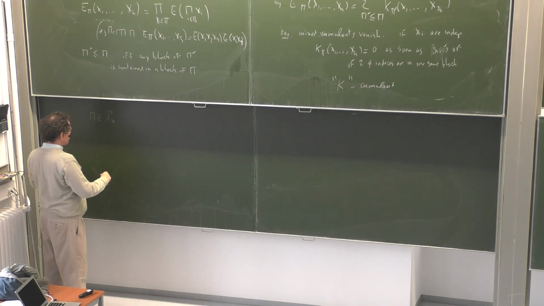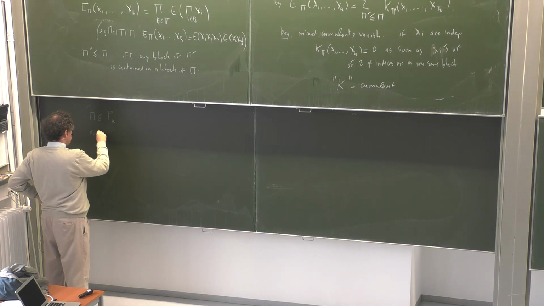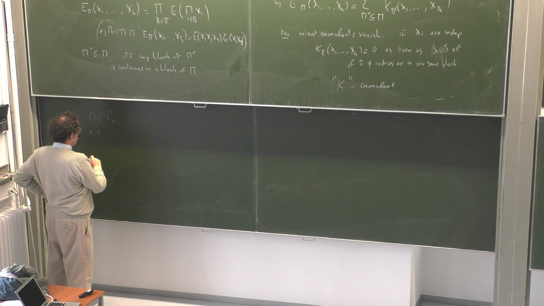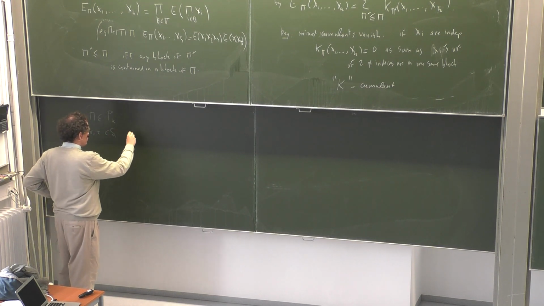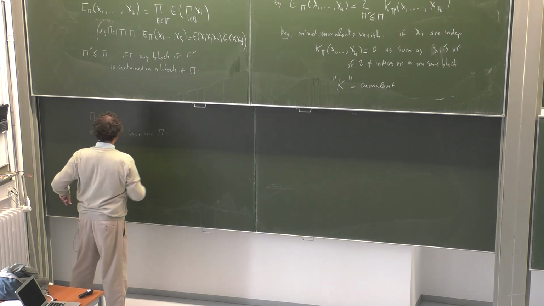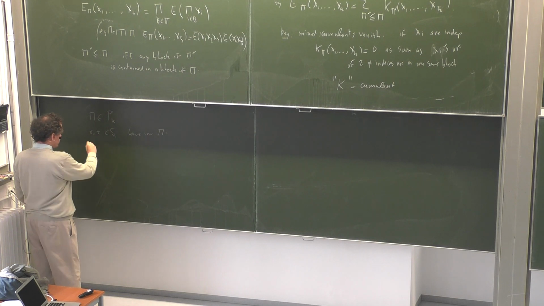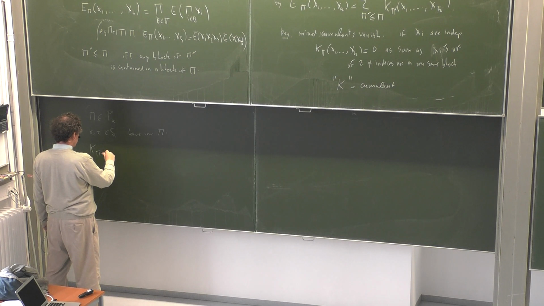We have sigma and tau, which are two permutations which leave phi invariant, and we would like to compute the cumulants of this k pi of